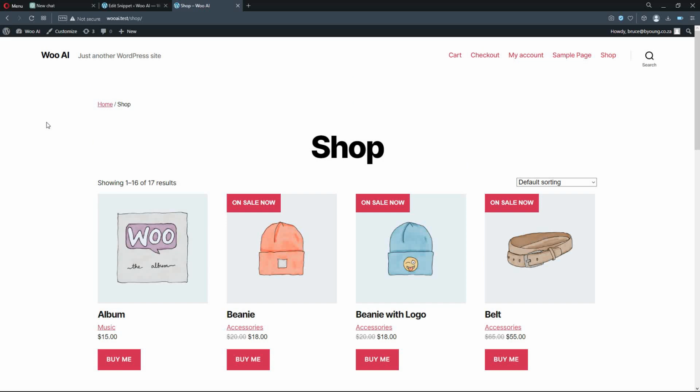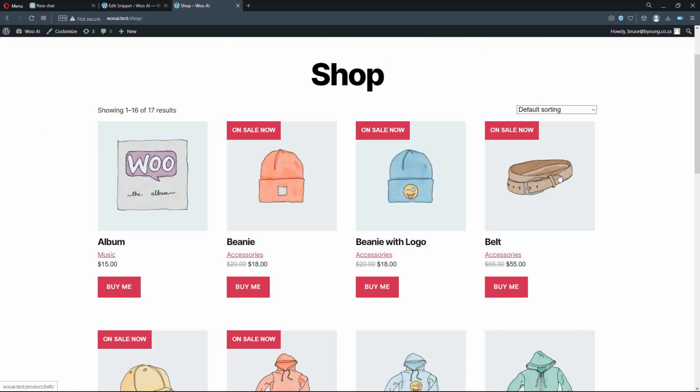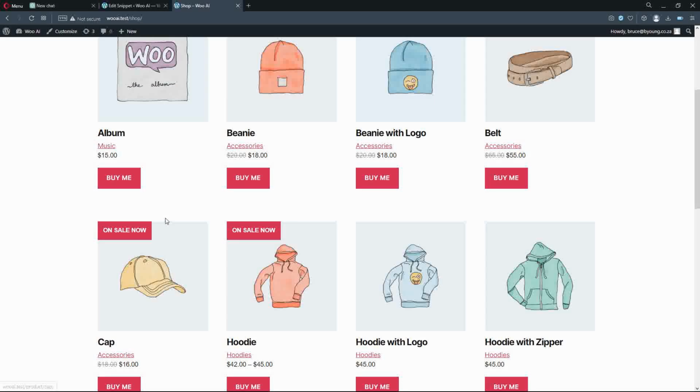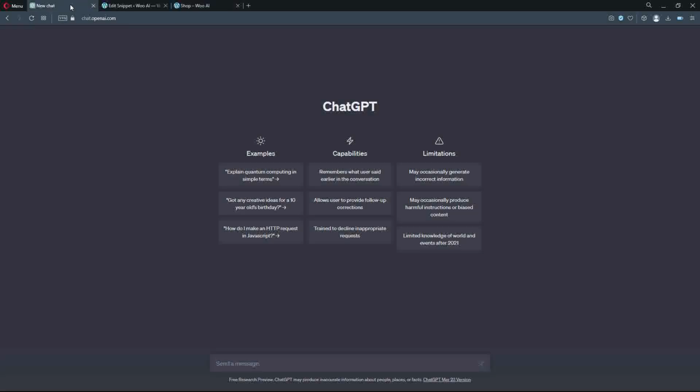We're now going to have a look at adding a message or a banner below or after the fourth item. So if we have a look here, we'd like to have a message between these two rows, and it'll say something like, check out our products for sale. To do that, I'm going to head over here to ChatGPT and write a function in WordPress